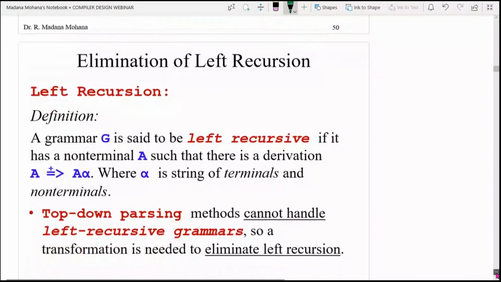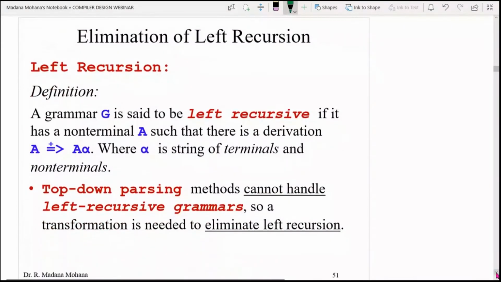Then only you can start constructing the predictive parser. Now let us see the elimination of left recursion. Sometimes in examination you will get one question: for the given grammar, eliminate the left recursion. It's an important concept. A grammar G is said to be left recursive if it has a non-terminal A